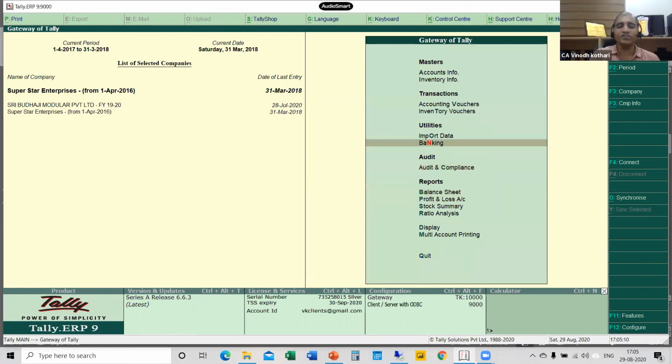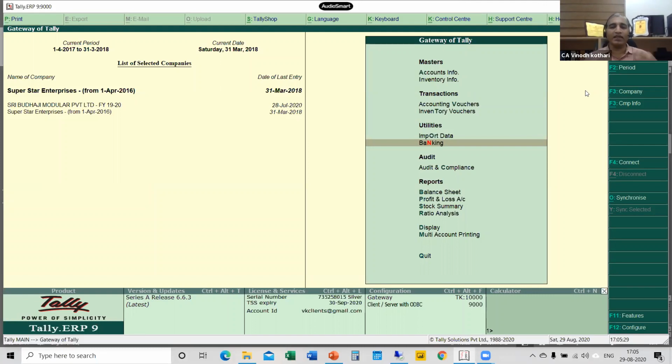So these are the features available in audit, and how to do the audit. Be careful here about which backup you are using. If the backup is updated, you will face trouble, because the queries you raised in the previous backup audit will not be updated in the new backup.